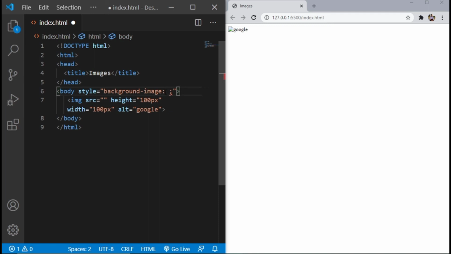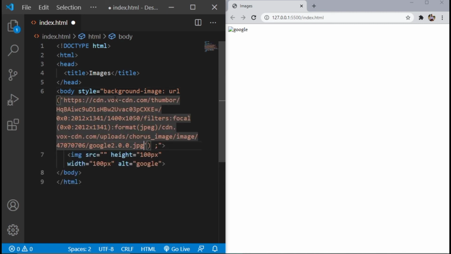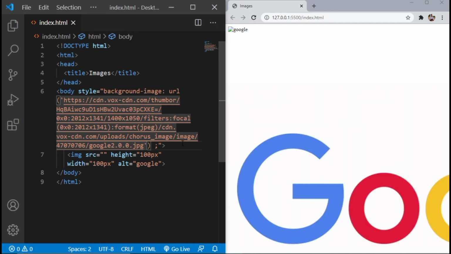So for that we will use here url, here it is giving us, and then we will give single quotes, and inside it we will paste the address which we have taken from the internet. So let's save the file.